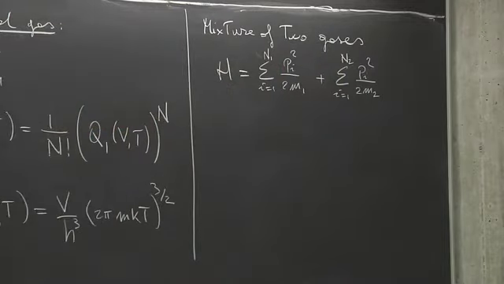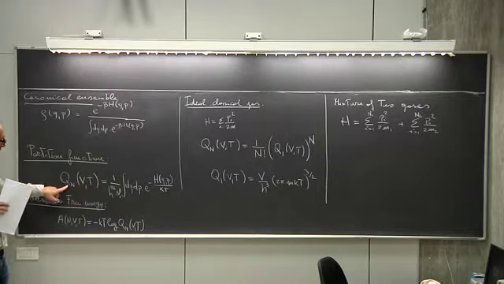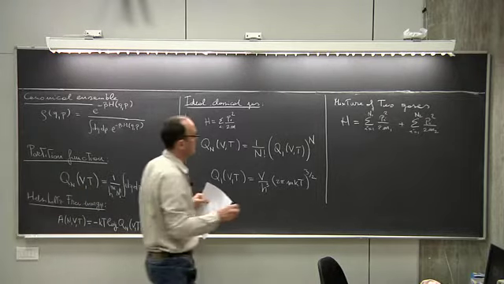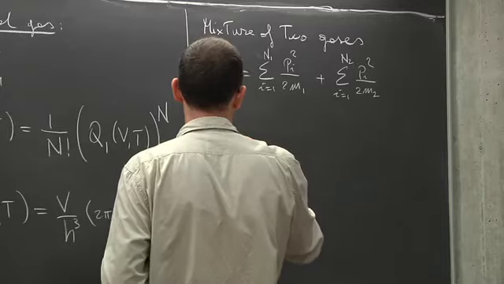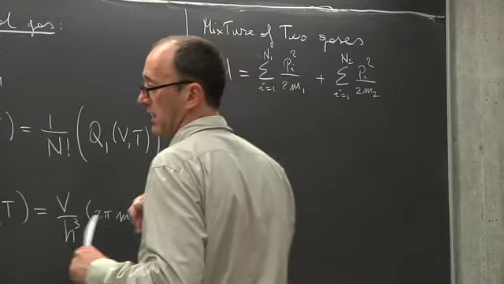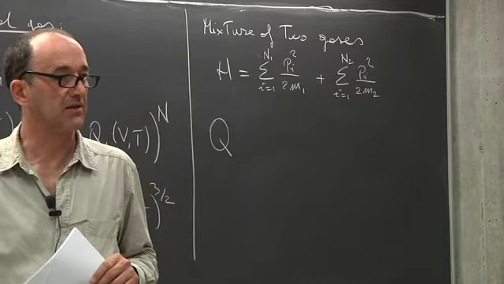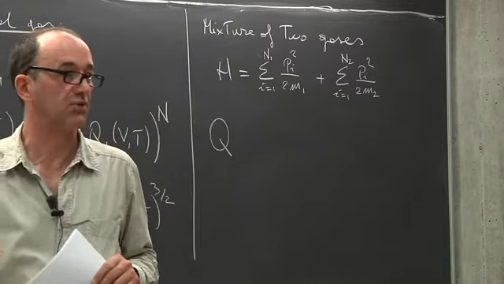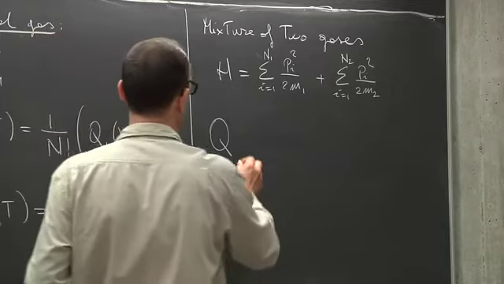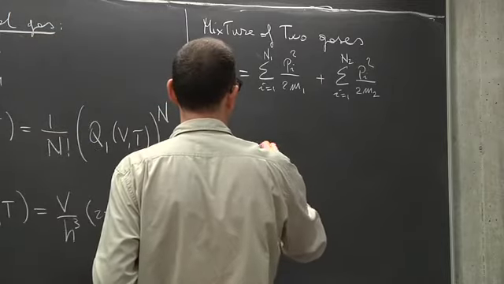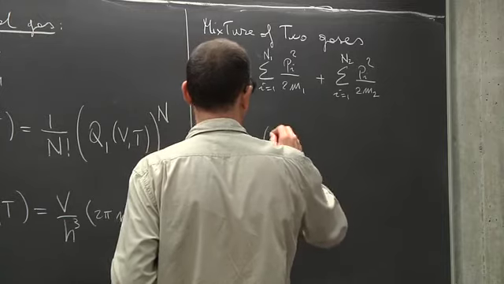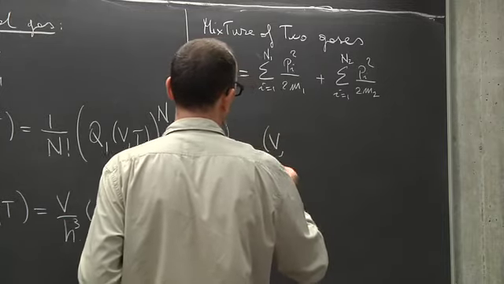Now, what we have to do is, now what is the function, what is the partition function that we have to compute? So the partition function that we have to compute is one where it will depend on the number of particles of gas of type 1 and type 2. Okay, so it will depend on N1 and N2, on the volume, and